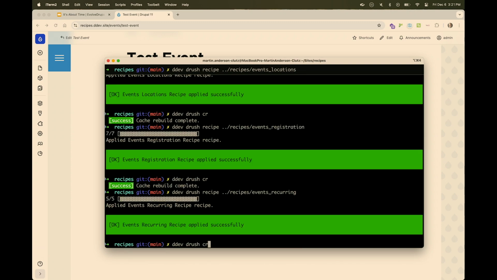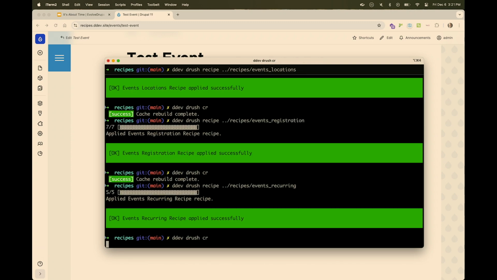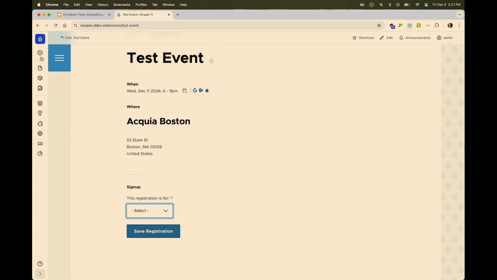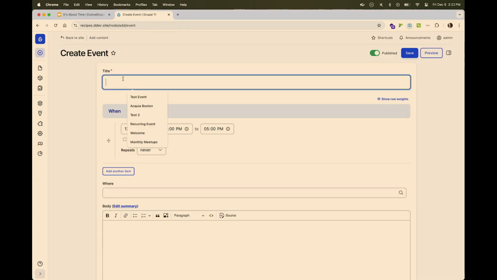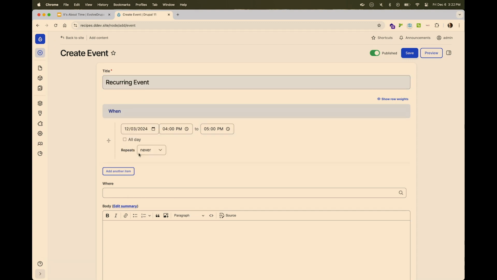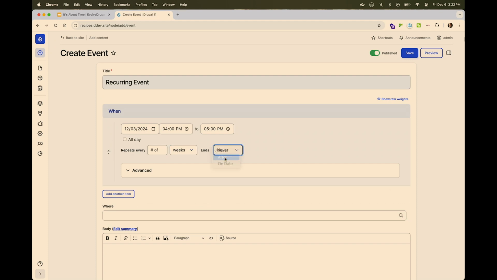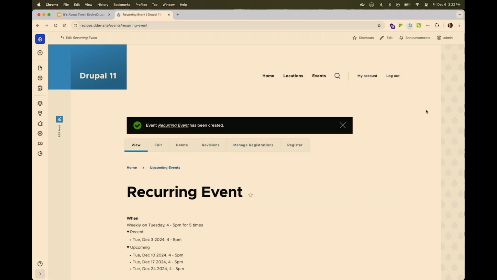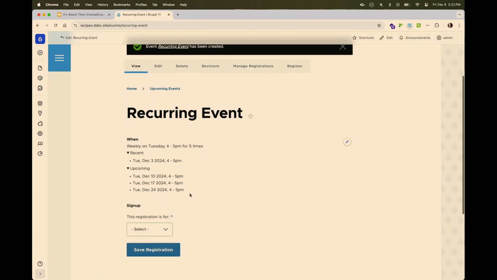That cache clear as well. And then let's go back into create a new event. Let's just call this our recurring event. We'll backdate this a little bit and say it's going to reoccur weekly and end after 5 times. Save that. And now you can see that it's actually using a specialized formatter for displaying upcoming and